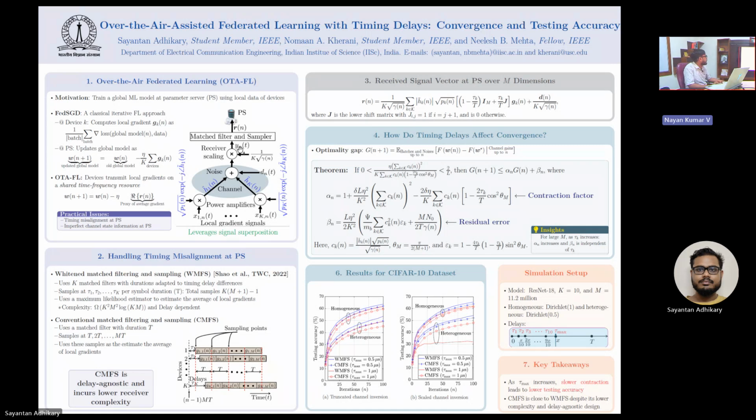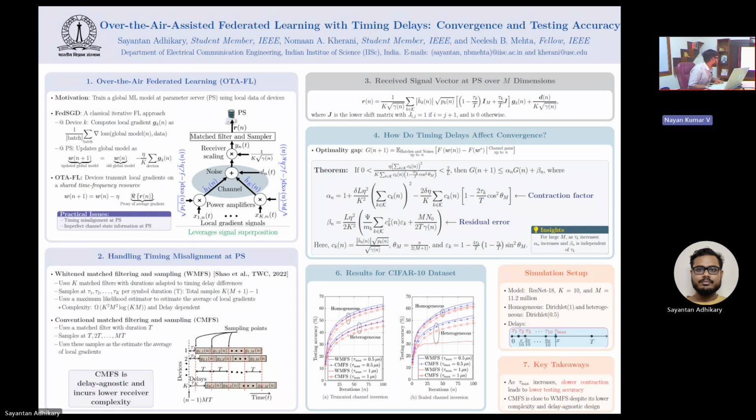And to get this m-dimensional vector, you need to use an estimator. An optimal estimator will be a maximum likelihood estimator, which has a complexity of k square m square log of km, which is a huge amount of complexity considering that m can be very large, in millions. So this is one approach, and using this Rn, people have tried to establish an OTA-FL system, but we have